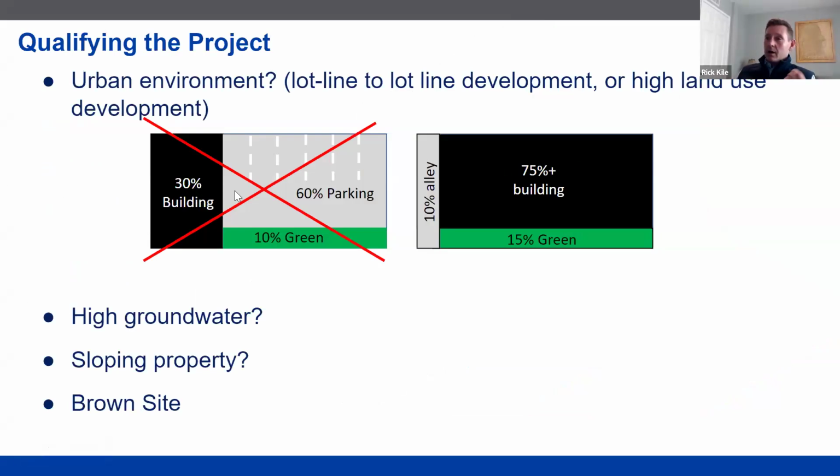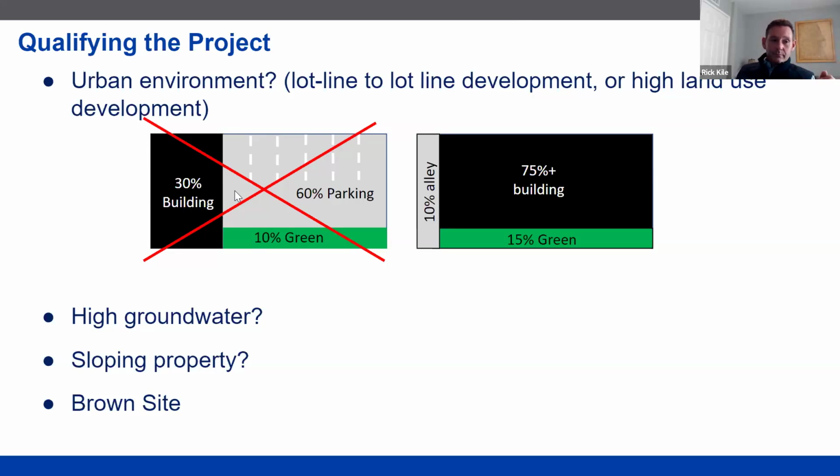So again, qualifying the project, are we in an urban environment? Most of the time, we're going to manage stormwater on the roof in an urban environment where we have lot line to lot line or limited at grade space. Do we have high groundwater? High groundwater is extremely expensive to excavate around and navigate around in construction. And so maybe we don't have the opportunity to store those detention tanks in the basement. And then it starts to take up space at grade. And we probably don't want to do that. That's high value retail space, high value